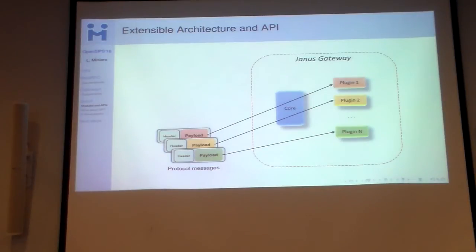So you send and receive messages to the plugins using the Janus API as a transport, so that the plugins only see basically the messages that you send to them, which means that each plugin can implement its own JSON-based API, which can be completely different from what other plugins implemented and can be completely new. The core doesn't worry about it because it knows it's something that only the plugin and the user are going to exchange with each other, which is also